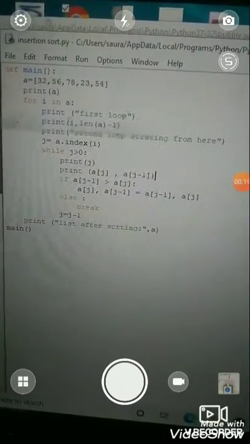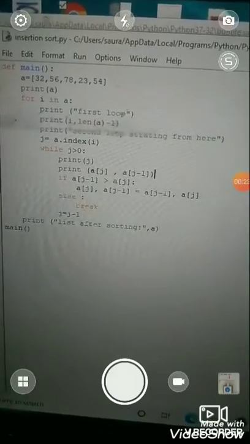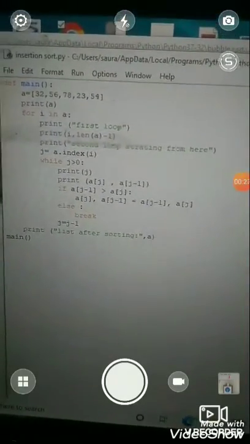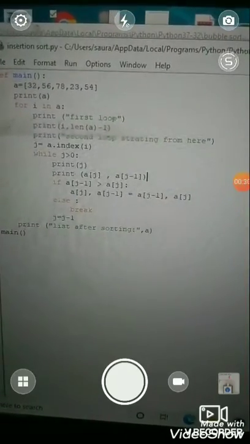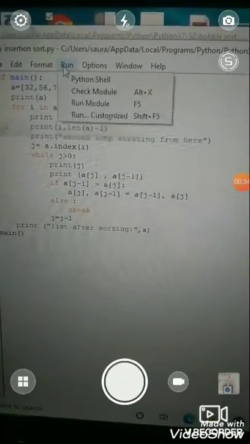I made some changes for better understanding of the loops' dry run. So let's run this program and watch the output.